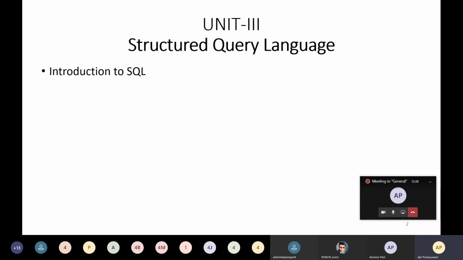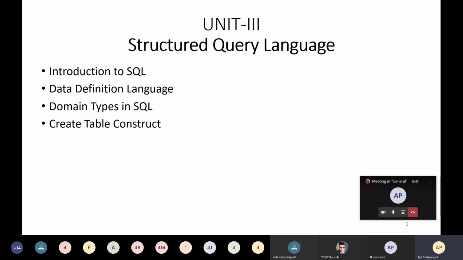So in today's lecture, we are going to introduce what is SQL, and then we go for the data definition language, domain types in SQL, what are the different domain types in SQL, then how to create the table, that is the construct for creating the table.